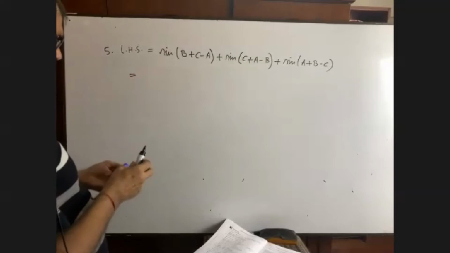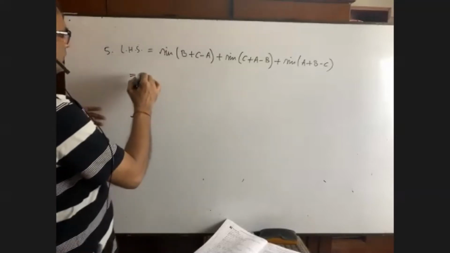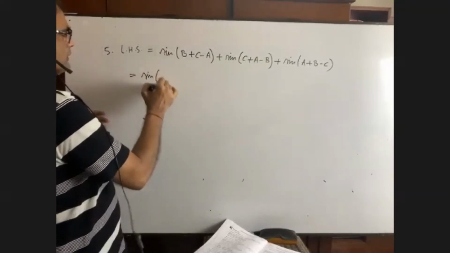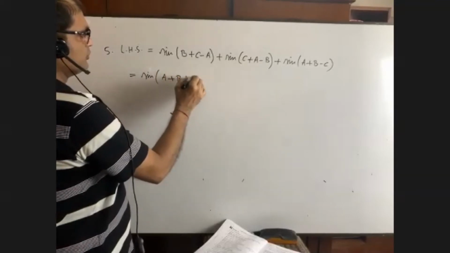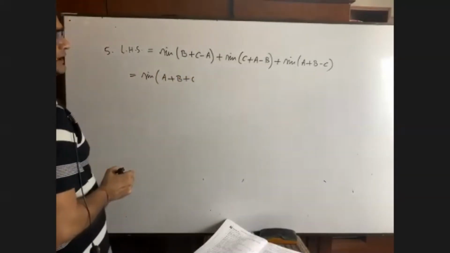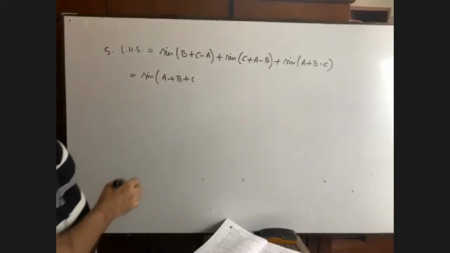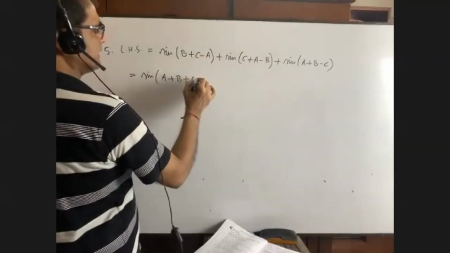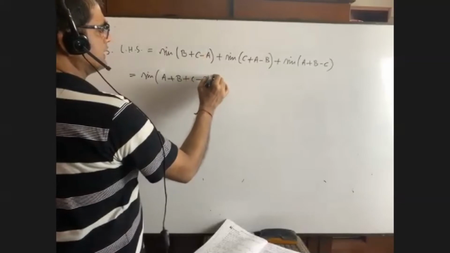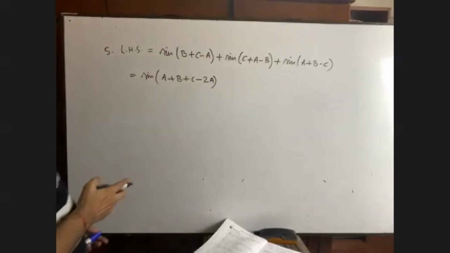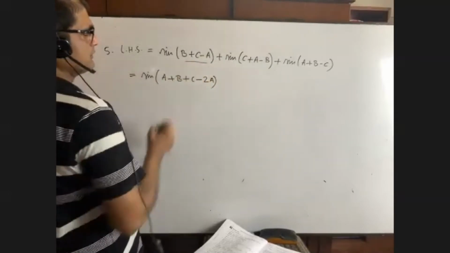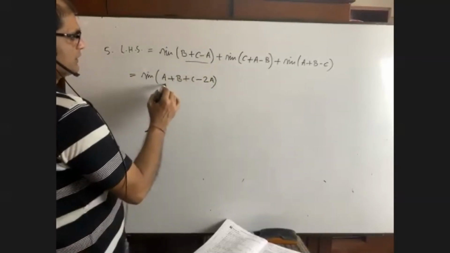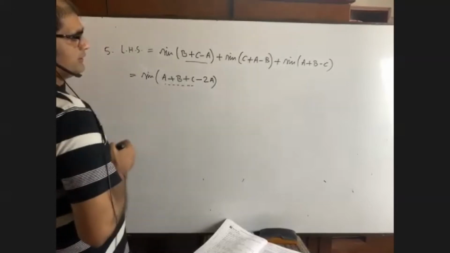Sine of pi minus twice a. Just, we know a plus b plus c equals pi. It is equal to what? Pi. Now it is here minus a. If I take minus 2a, then we are done. Please try to understand. We are getting the previous one, right? As a result, we can put this value as pi.